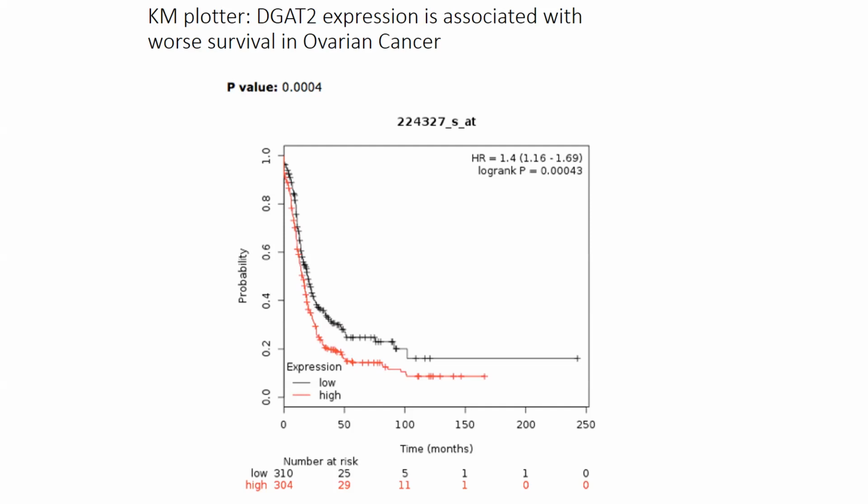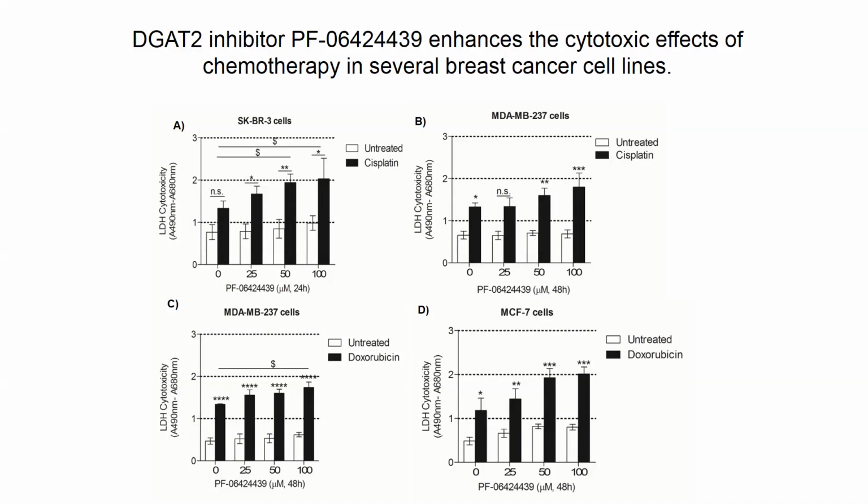So if they express this enzyme and they make a lot of lipid droplets, they have worse survival. That got us interested in trying to manipulate this enzyme to see if we can rescue cells from cancer. So what we did is, and I'm not showing you a lot of data because there's another subtopic I want to talk about as well,